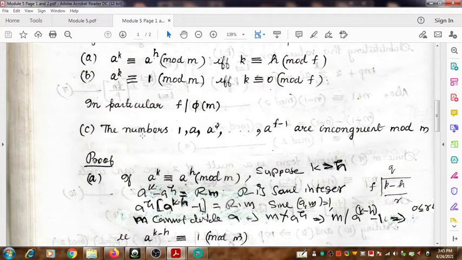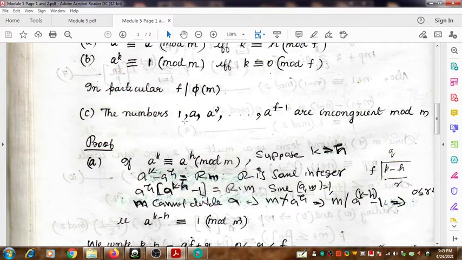Then the third statement says that when we consider the consecutive powers of the number a, 1, a squared, etc., up to a raised to f minus 1, these numbers are all incongruent mod m. What does that mean? It means that when we consider these numbers, 1, a squared, etc., up to a to the power of f minus 1,